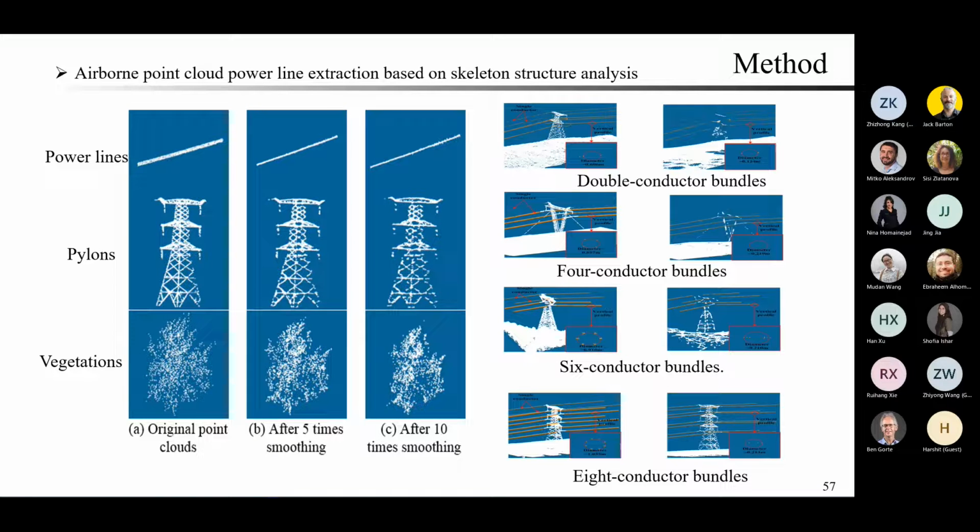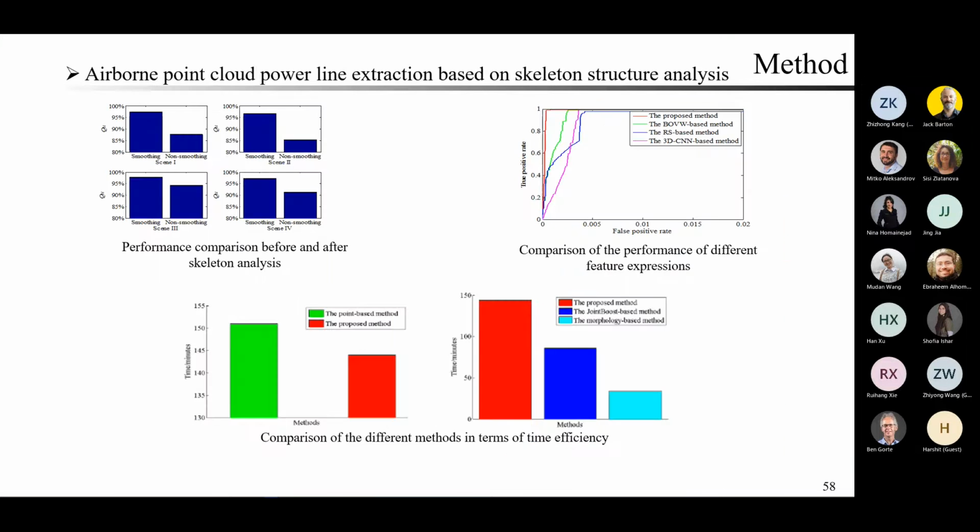As we can see from this slide, normally we have double conductor, 4 conductor, 6 conductor, and 8 conductor. So if we are extracting such conductors, we need to try to find a way to